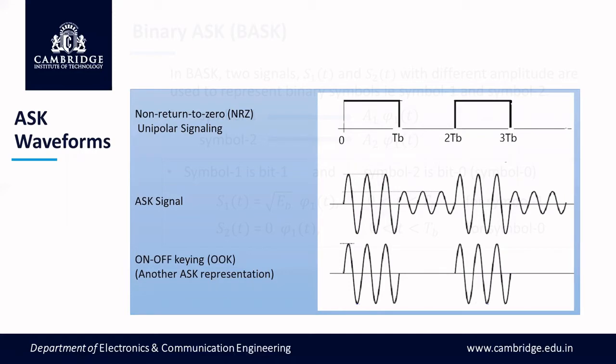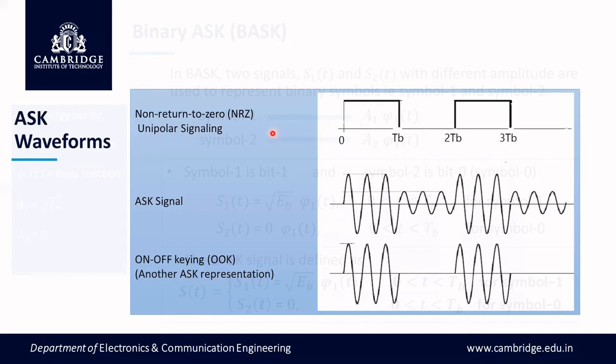So we need some signaling or representation for these two signals. One has amplitude root EB, another has amplitude 0. Rectangular pulses will represent these two binary symbols. Since there are two symbols, we need two different pulses. EB is the energy of the bit, and Tb is the duration of the bit. One of the basis function pulses has amplitude root EB and the other has 0 amplitude. So the absence of a pulse will represent one symbol. Putting these two equations together, we come to the presence of a pulse, which may be a positive or negative pulse.